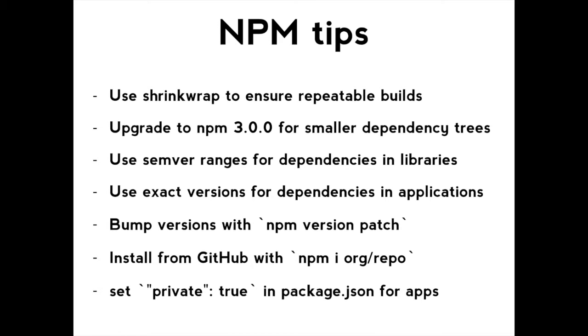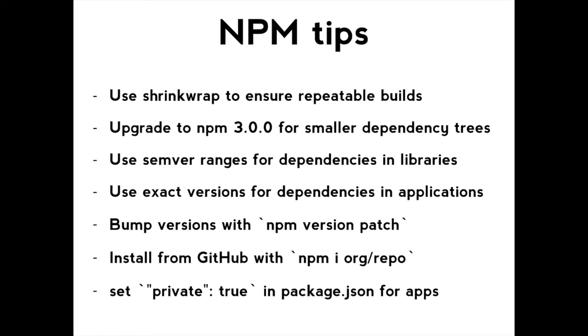And you can also just install Git repos directly using npm. I only found this out today. You can do npm install org-name/repo-name, and that will bypass npm's registry completely. If you want to try something out, you can just install it straight from GitHub. It will get the master, latest version, but you can put a hash on the end and get a particular commit or branch as well.